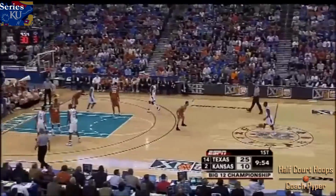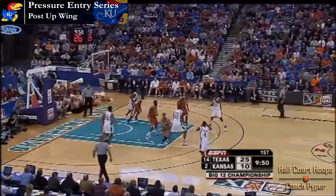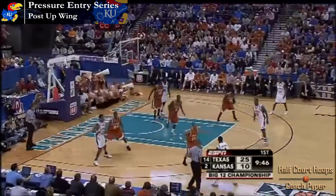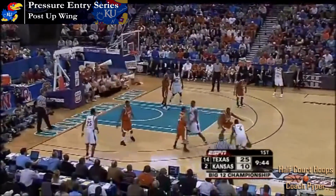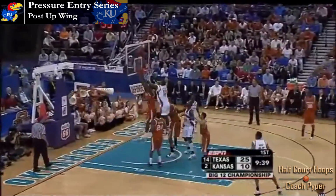Now they run. Kevin just felt it was his time to start to take over in a tournament atmosphere like this. Hard to argue with him, isn't it? Absolutely, because he doesn't play selfishly. Got 16 points, and we have just gone under 10 minutes to play in the first half of the Advance